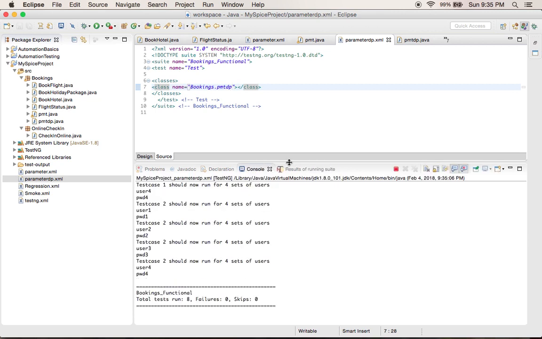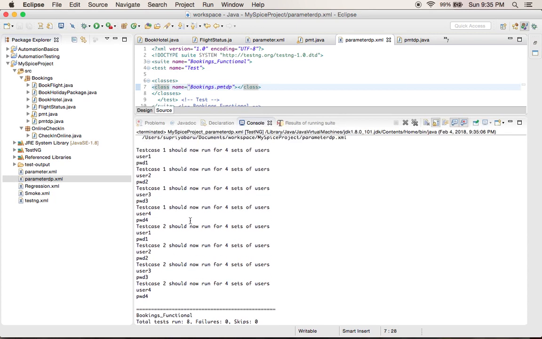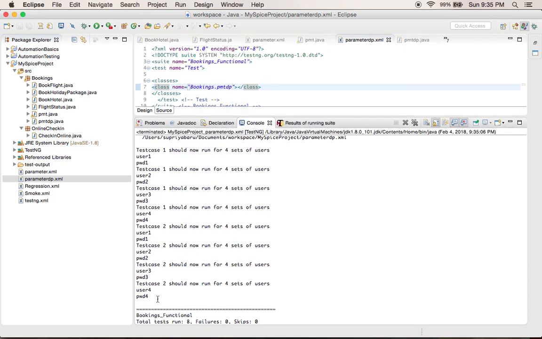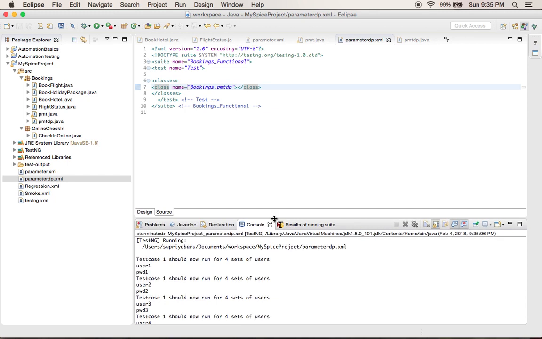If you see the output clearly, two test cases have run for all the four different types of users. So in this case, 1 to n number of test cases can be run for all the four types of users. You are declaring only once, with the help of data provider, what the users and passwords are. So it actually reduces the complexity of your code, and it's a very important topic.